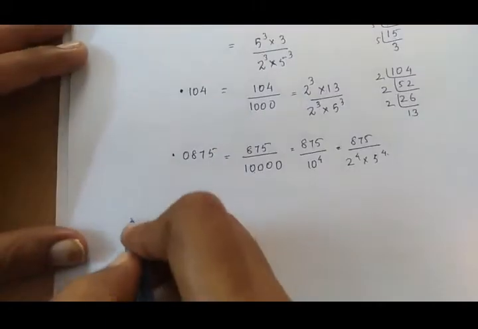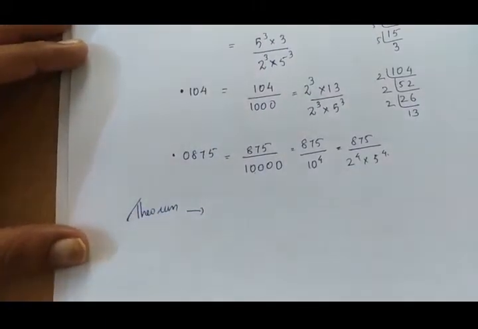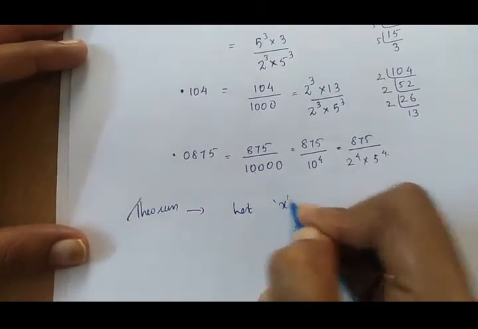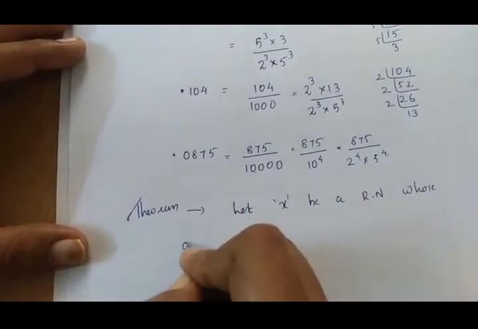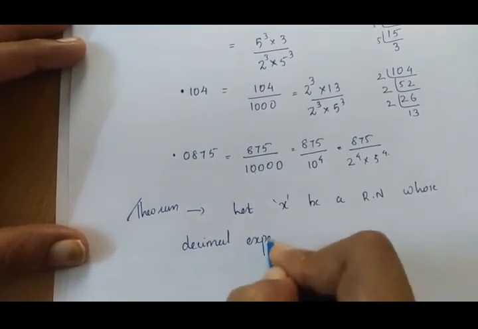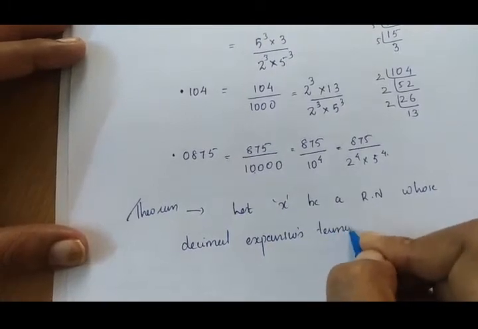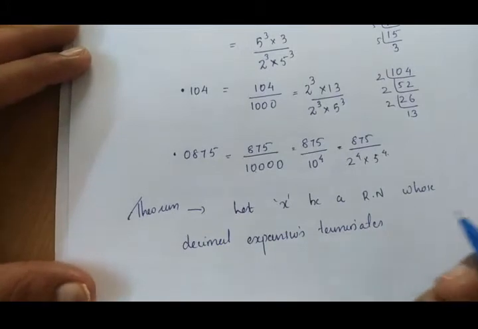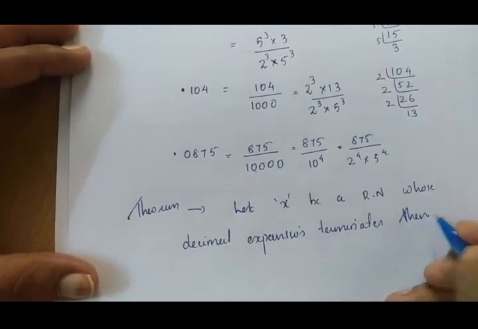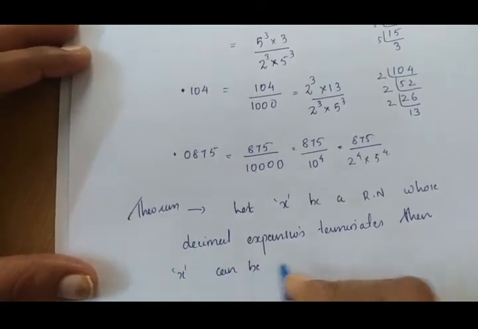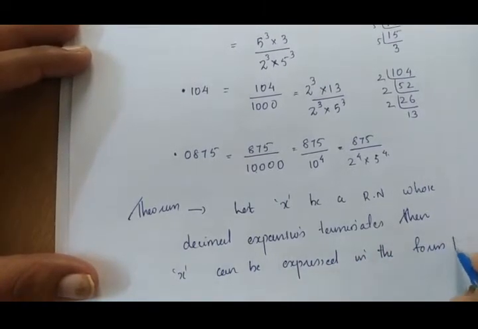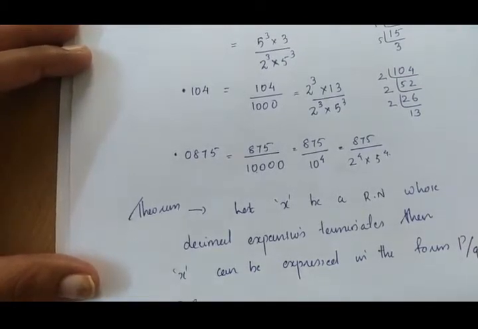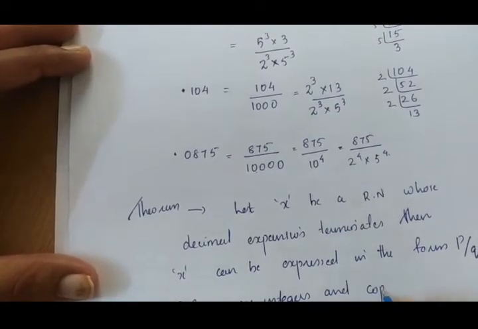The theorem states that let x be a rational number whose decimal expansion terminates, then x can be expressed in the form p by q, where p and q are integers and coprimes,